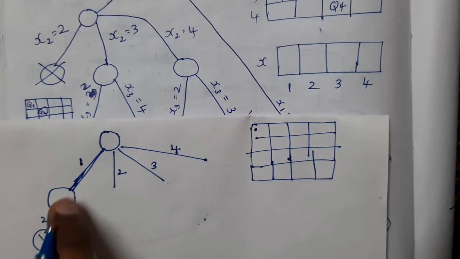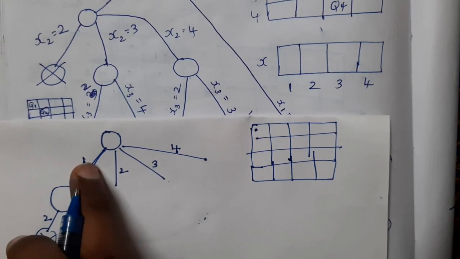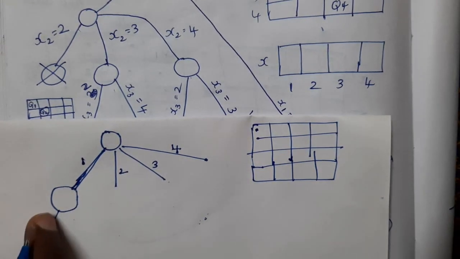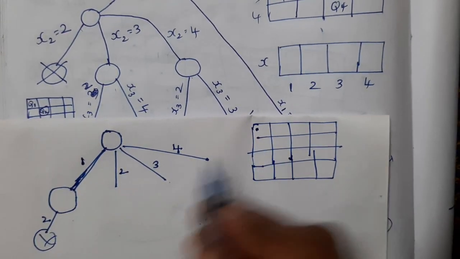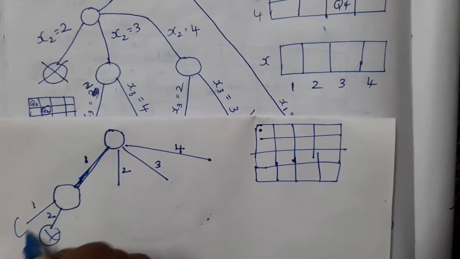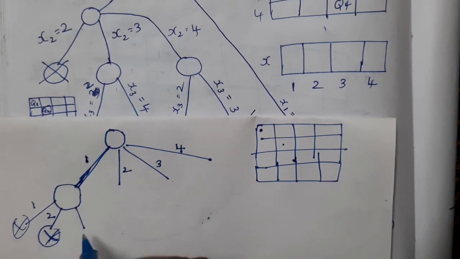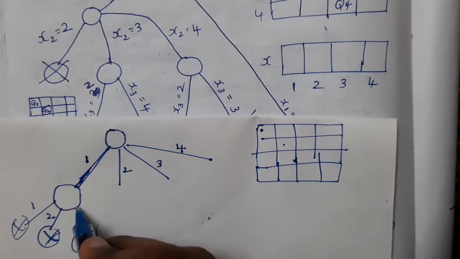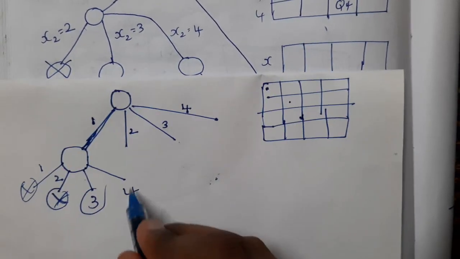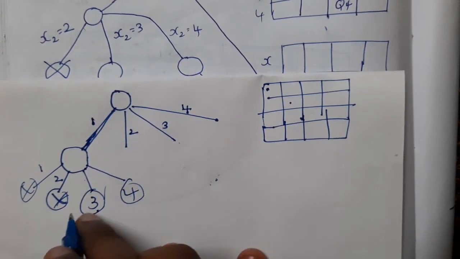So if you assume for the first element, it is there. Whereas for the second element, can you place at the first place? You can even draw for first place also, you cannot place it. At second place, no, you cannot place it. At third place, you can place it, guys. At fourth place, you can place it. So basically here you will be getting only third place. After that you will be extending it.